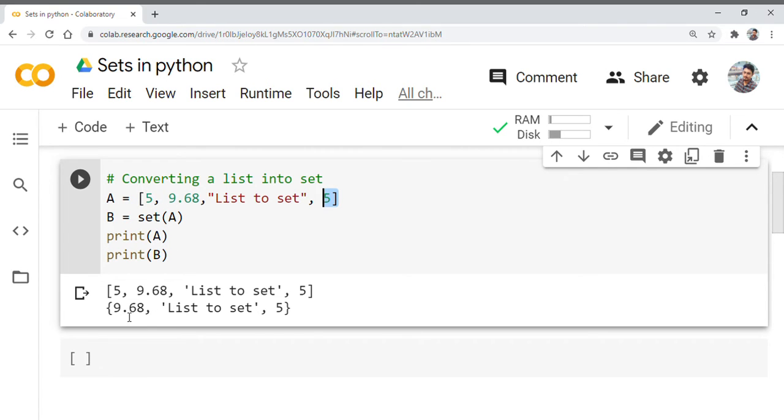Similarly the first 5 is removed. This proves that sets only store unique elements.